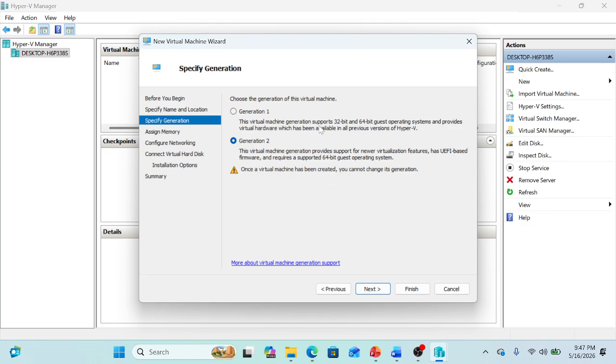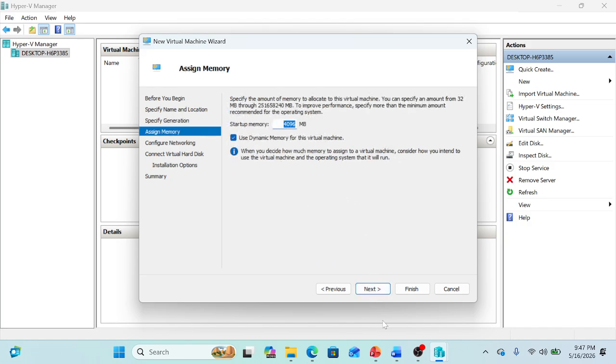So this virtual machine supports 32-bit and 64-bit guest operating systems and provides the virtual hard disk, which has been available in all previous versions of Hyper-V. So we can select generation 1. Okay, next,